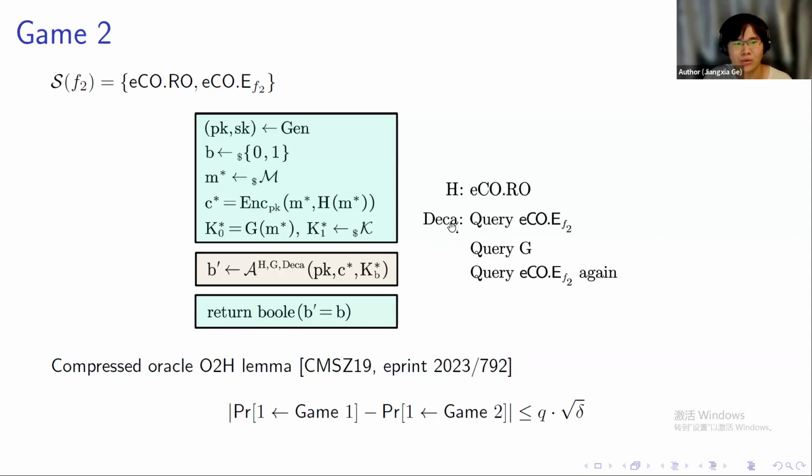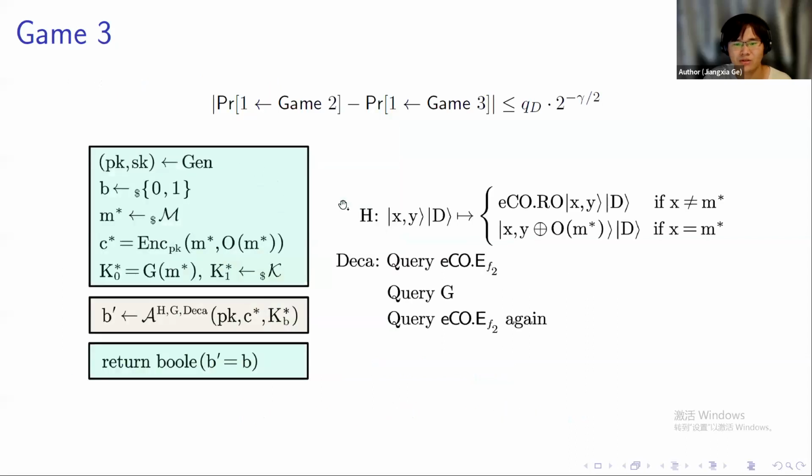We prove that we can transform game 2 to the following new game 3, with error terms Q times 2